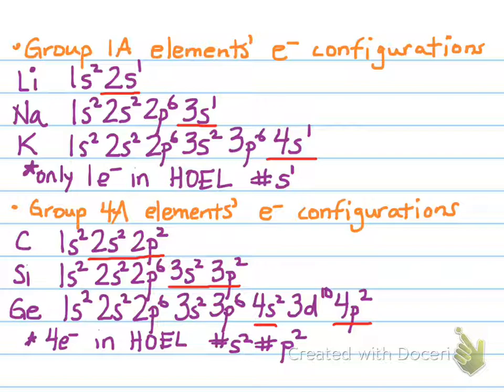How about 3A? 3. How about 5A? 5. How about 6A? 6, right? I hope you're seeing the pattern here. So the pattern is that for any representative element,